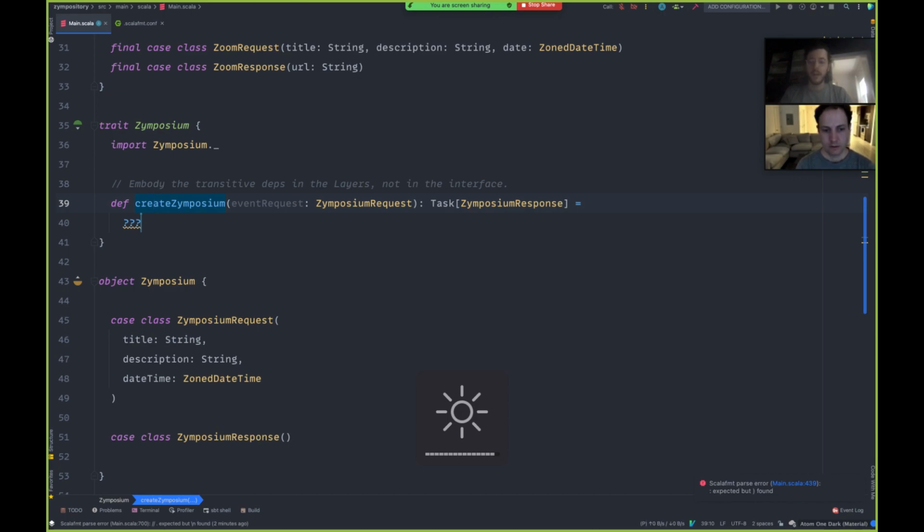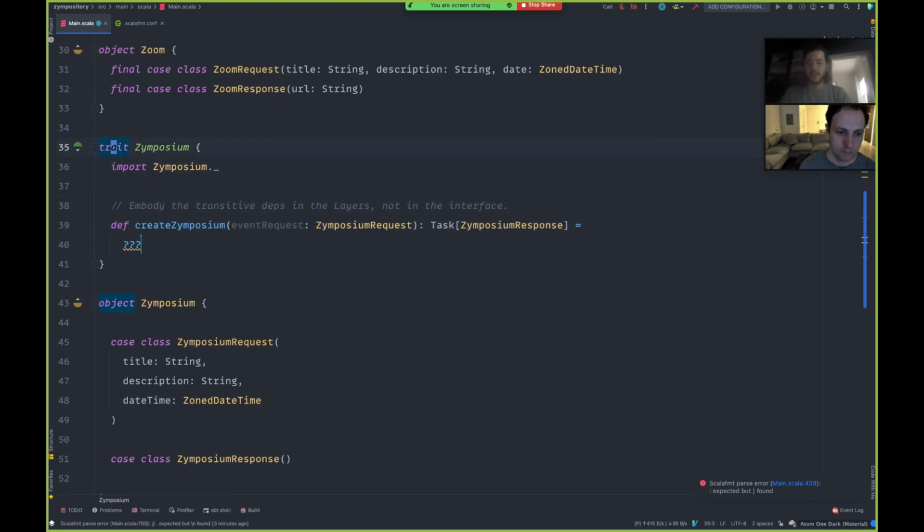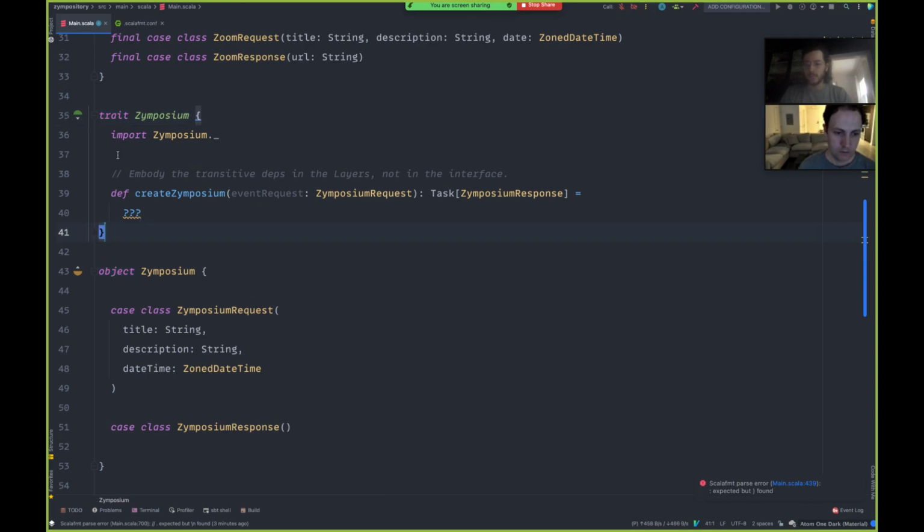So to not have a live versus test implementation, which makes perfect sense. Why would you have a live versus test implementation of create symposium when it really is going to delegate to lower level layers? And I think he recommended to have that as a case class. I'm not sure exactly. We could always just make one implementation, but I did like that idea of not ever really having a non-live implementation of that.